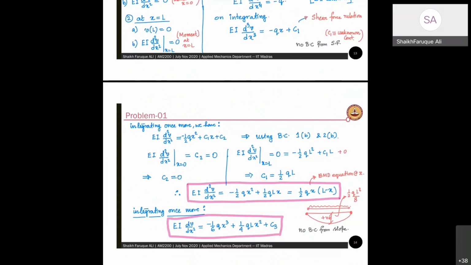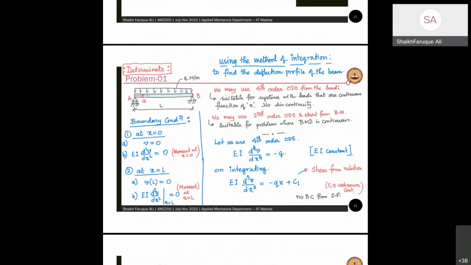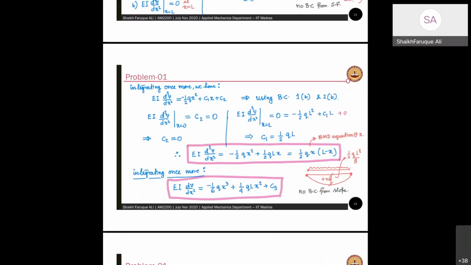Now, what is half qL? If q is your unit load, then qL is the total load. Half qL is the shear force at the boundaries, right? Half qL. Okay. So now my equation has become EI d square V by dx square equal to minus half qx square plus half qLx, which can be written as half qx into (L minus x), just to make sure that it is easy to integrate. But note, this is nothing but the bending moment equation at any location x,